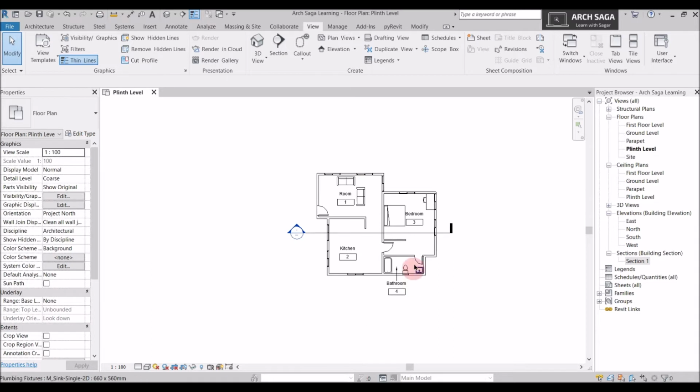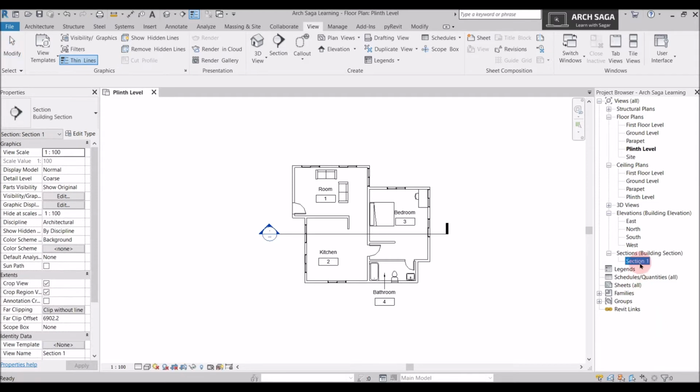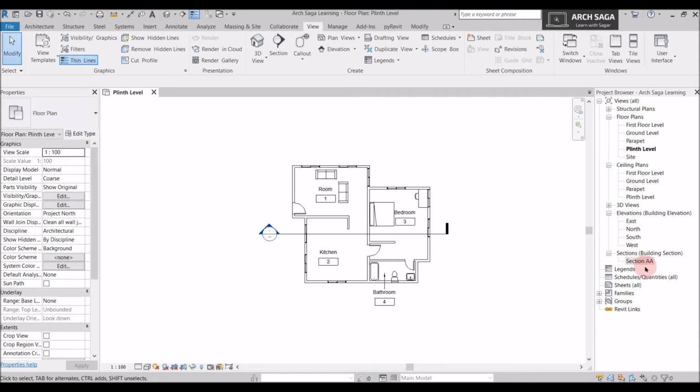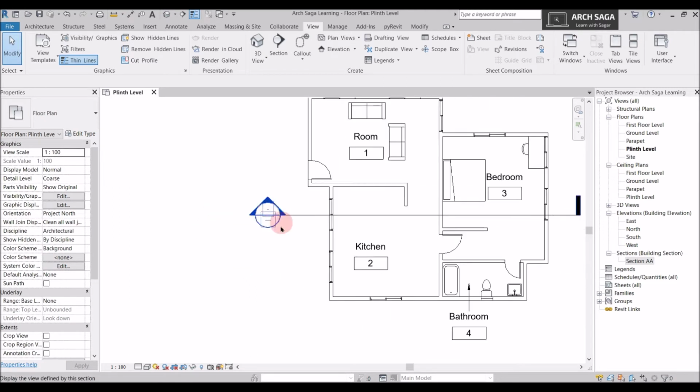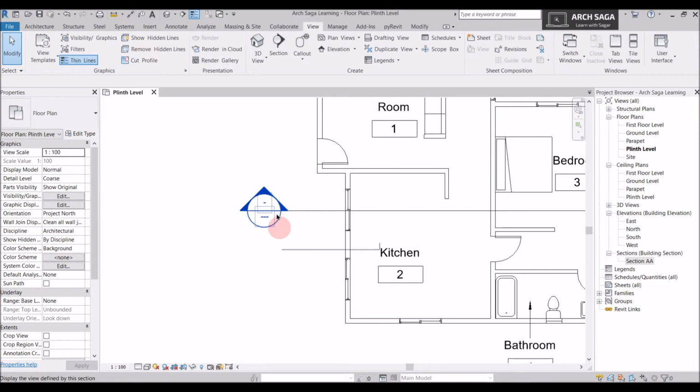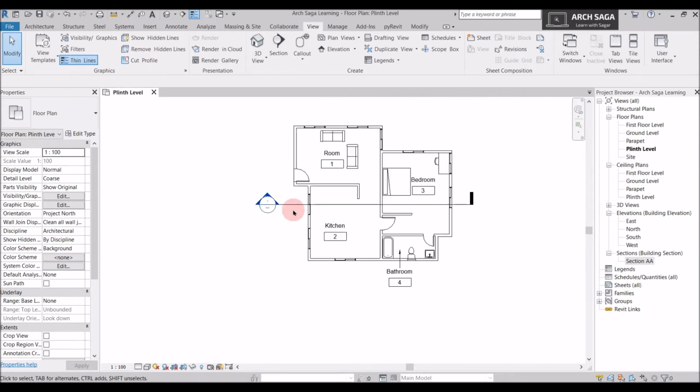If you draw multiple section lines, you will see section 1, section 2, section 3 and section 4 respectively. So I can just rename it as per my view name and say this is my section AA. After renaming, the section name would be section AA. And you can see some numbers here. When you put this section on the sheet, we will also learn this. So here would be the sheet number and the view number would be indicated on this point.